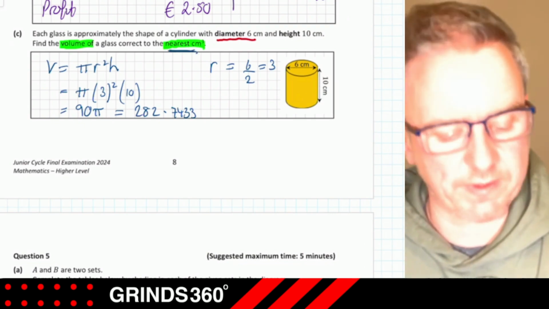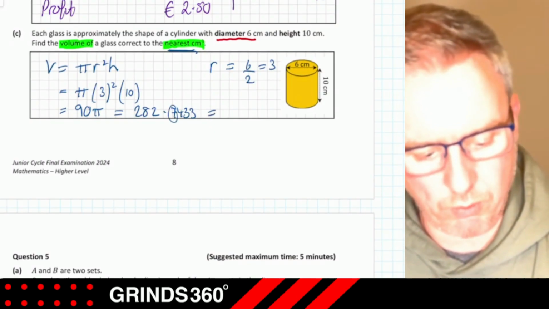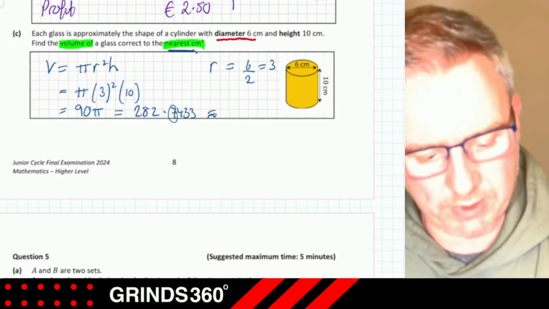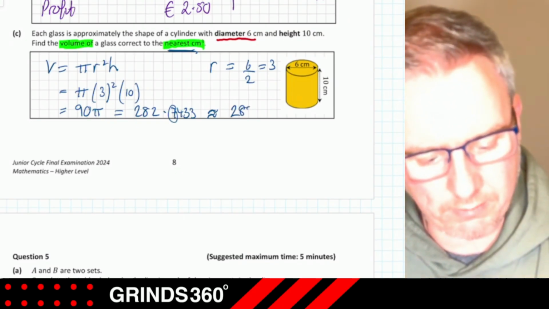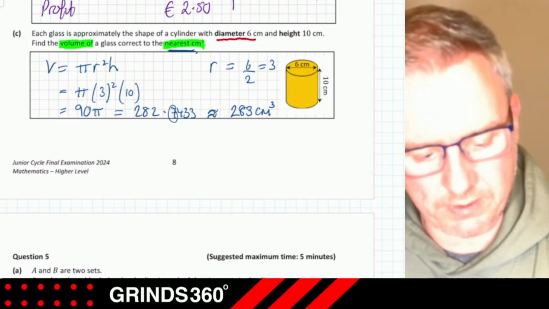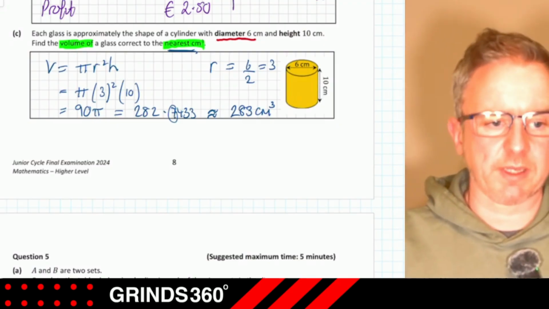Nearest centimetre cubed because it's volume, sorry. So look at it, and the 7 tells me I'm going to go up. So it's going to be approximately, that little squiggly equals there is my approximation sign, 283 centimetres cubed. Okay, so I have my 283 centimetres cubed because they told me to give it to